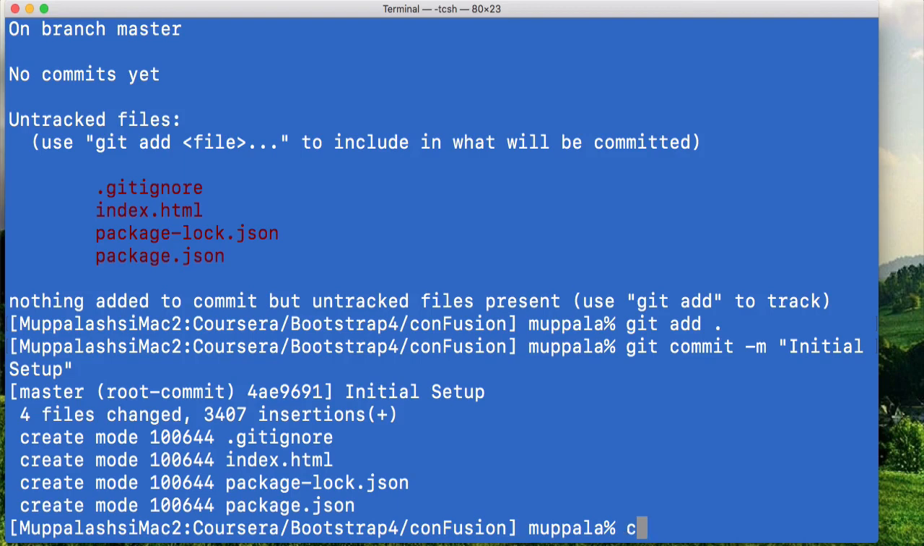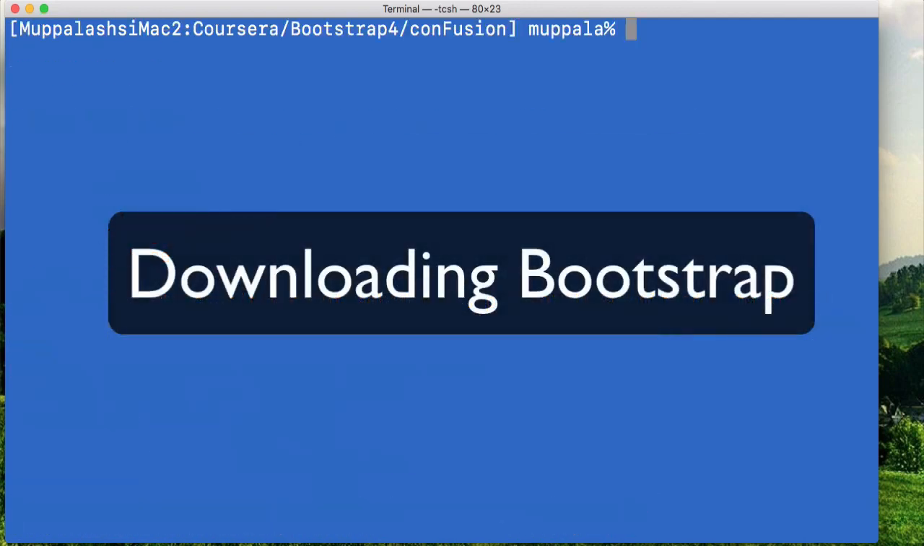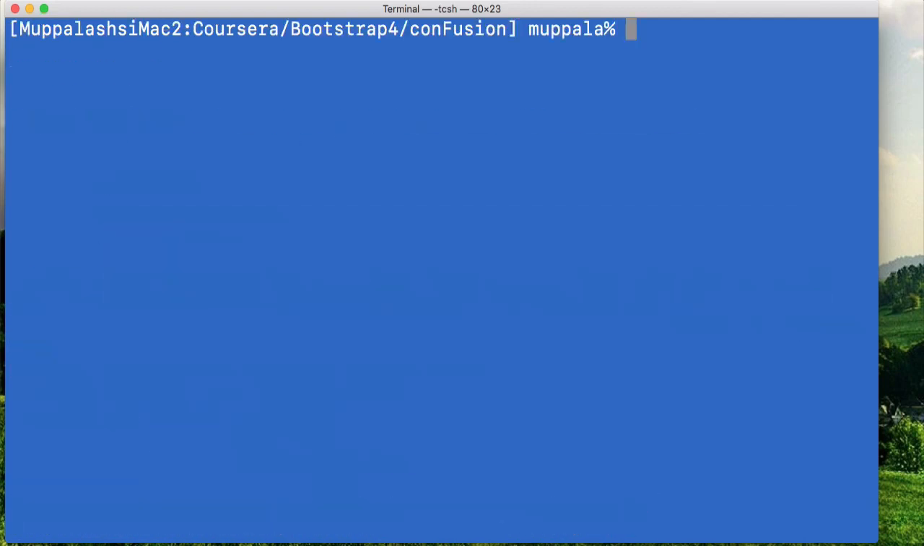Now you can set up this Git to synchronize with an online repository, just like we talked about in the Git exercises. So you can set up a repository either on Bitbucket or on GitHub and then synchronize this project to that Git repository. Our next step is to go and fetch Bootstrap. To do that, at the prompt, type npm install bootstrap@4.0.0 and also --save, and let the Bootstrap